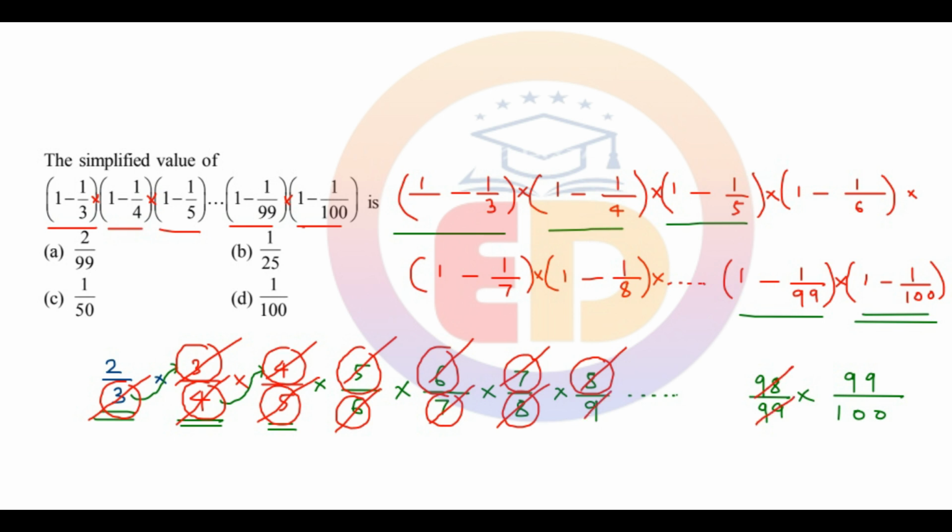टिल ये 99 डिनोमिनेटर है, 99 न्यूमरेटर है, सिर्फ एक टर्म लास्ट में बचेगा 100 और सिर्फ एक टर्म शुरू में बचेगा 2। तो इस सारे सीरीज को सॉल्व करके न्यूमरेटर में हमारे पास 2 और डिनोमिनेटर में हमारे पास 100 बचेगा, जिसको दोनों को 2 से अगर डिवाइड करें तो 2 1 जा 2 एंड 2 50 जा 100 हो जाएगा। और हमारा आंसर ऑप्शन नंबर सी 1/50 आ जाएगा।